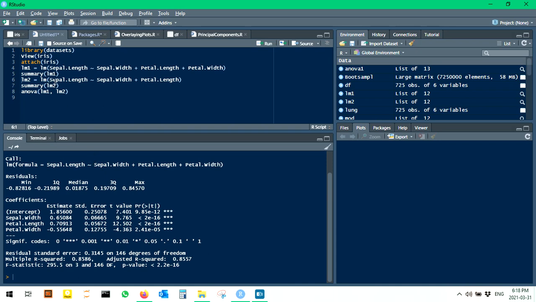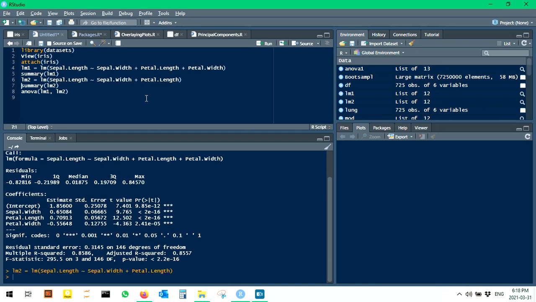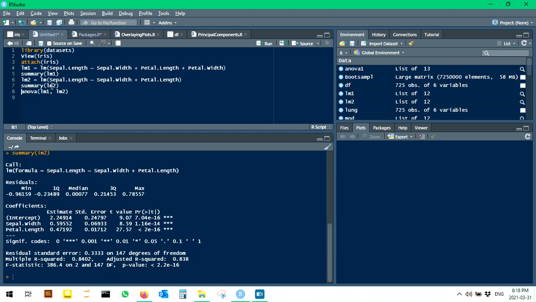And let's build the second model by dropping the petal widths, and let's have a look at the summary. In this model, we have 0.84, which is lower than the first model, and 0.333 for residual standard error. And now, as you see, for now we can say that the first model is performing better than the second model, but let's have an